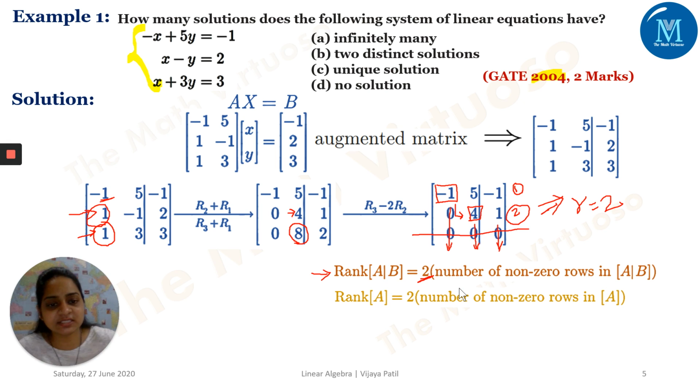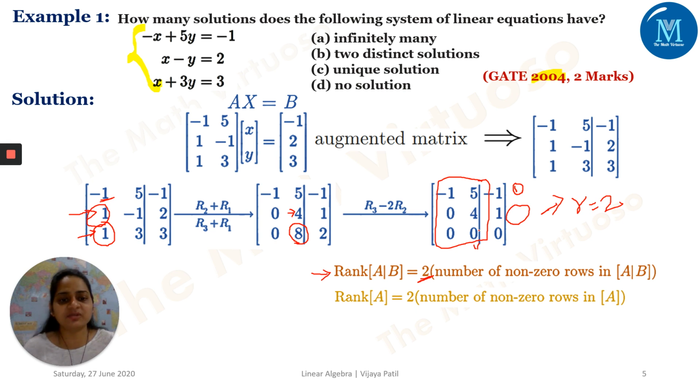Now let me just erase everything from here so that you will understand it better. Okay, now I have talked about the rank 2 over here. If I observe this matrix A now, what is my A here? So this is A, and this total matrix is A comma B. Now let us consider this matrix, which is just the matrix A.